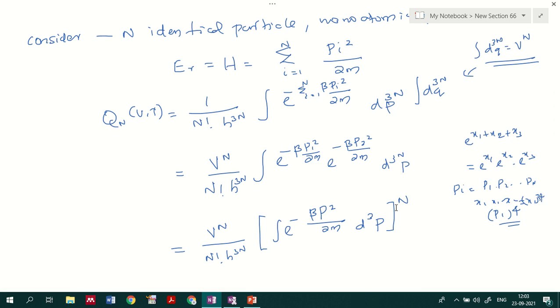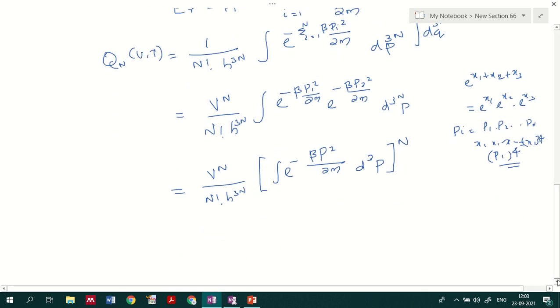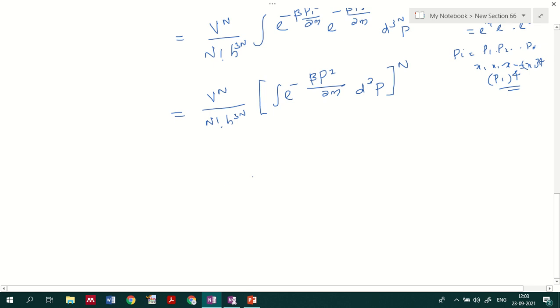Okay, now if I represent the momentum space here, let me just draw a picture corresponding to this, the momentum space volume, if you want to identify. So we'll have pz along this one, and we'll have px and py corresponding to this. And let me just draw a hypershell that we represented earlier.